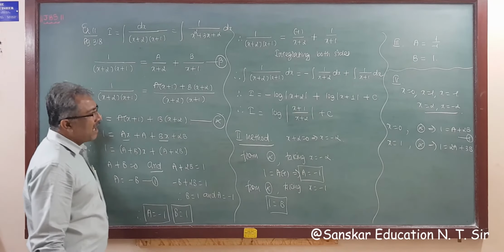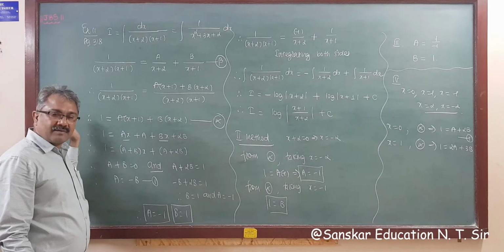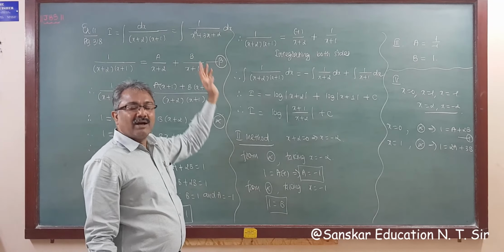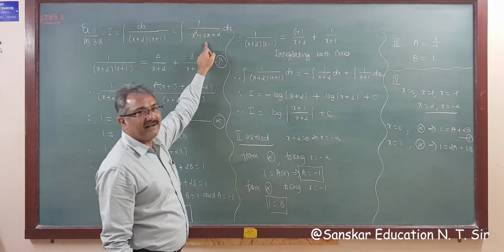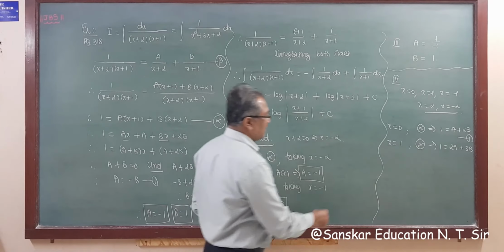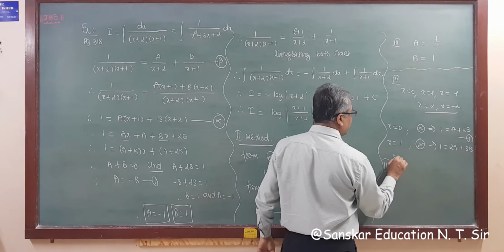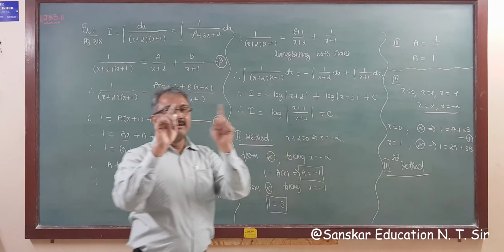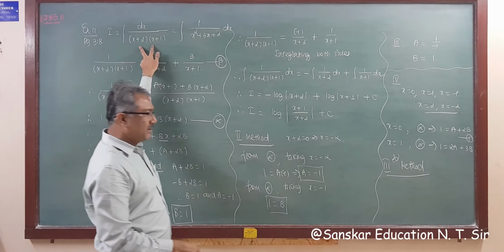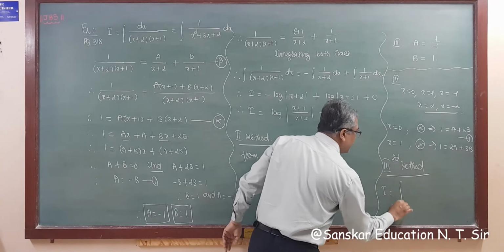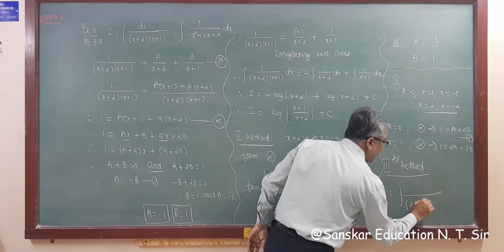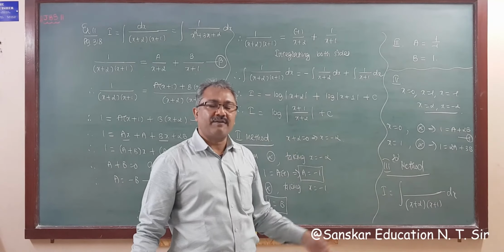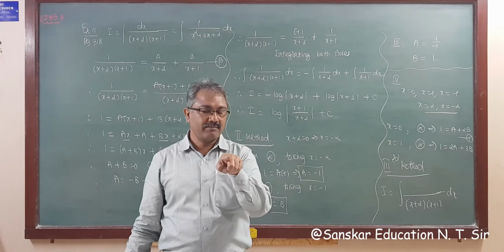But I showed how to solve partial fraction questions, that's why I am explaining this. Otherwise this is also important, and partial fractions are not required here. The third method is for when you are given consecutive factors like this. Then you can write I equal to integration of 1 upon x plus 2, x plus 1 dx. Make an adjustment for the consecutive factors if you can.